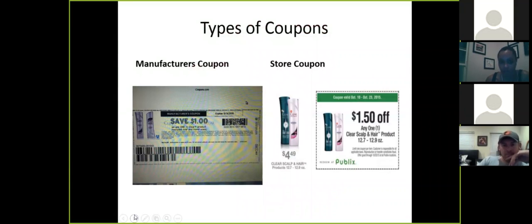Now, types of coupons. We have here on the left a manufacturer coupon, and here on the right we have a Publix store coupon. In this case, let's say, for example, Publix has a sale for $4.49 for Clear. You can stack these. There's $1 here and $1.50 there. So that's